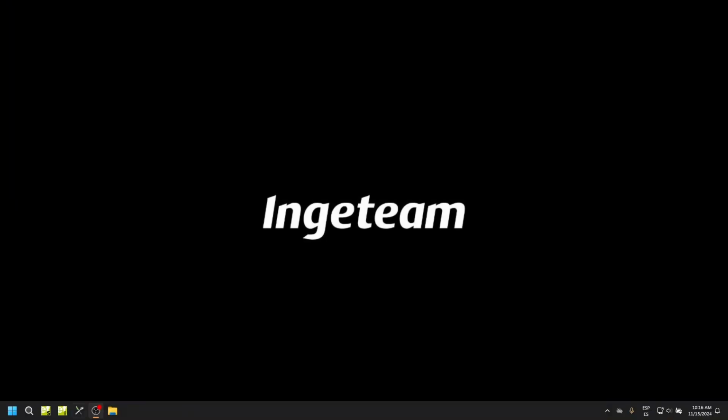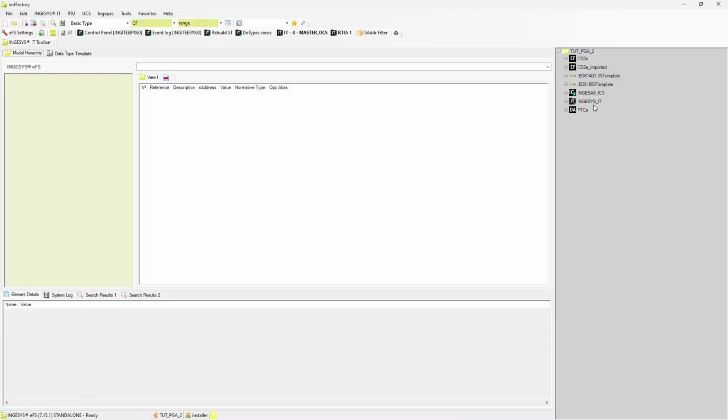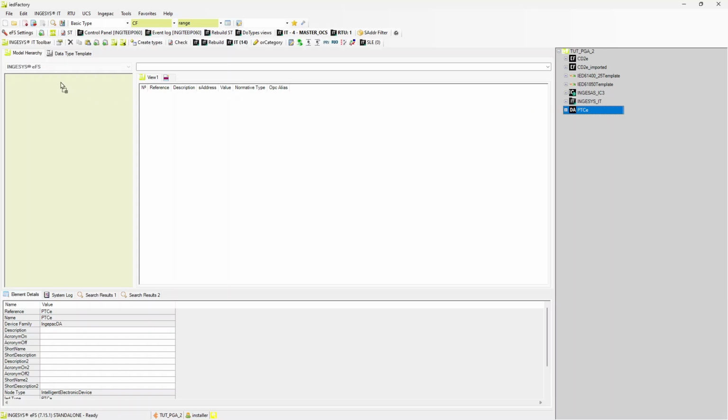The last way in which the IED logics can be edited is by accessing the IED Factory application. Nonetheless, as opposed to the previous 2 options, the logics designed with this application will not be IED-specific logics. That is, these logics will be available to all the IED instances in the substation with the same IED template.